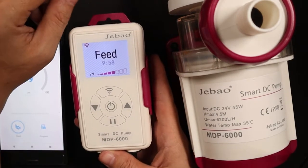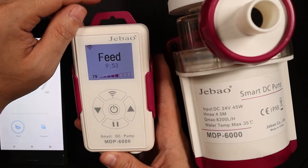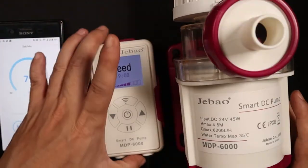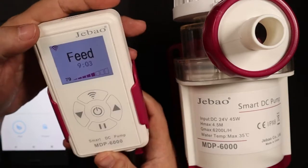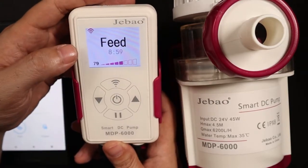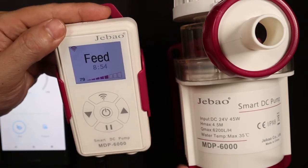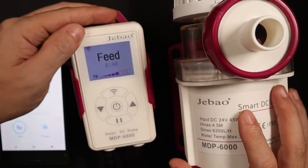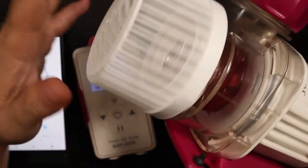So based on this test, you can see that the so-called water protection, when there's no water, is supposed to power off, don't really work out of the box. Aside from the better looking LCD remote control, which allows you to set the variable speed and connect to your home network, I don't really see a value on why I should pay a substantial amount more compared to the older Jebao pump. And also a key worry that I might have is that